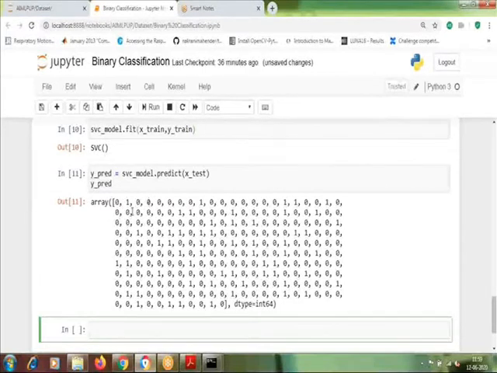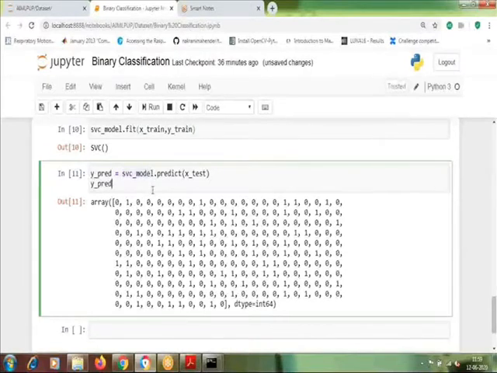Now if you look into this predicted output, naturally you cannot understand whether your machine learning algorithm, that is SVC model, has performed well or not. So for that purpose, what you need is the metrics, the calculation that your model is actually performing well.